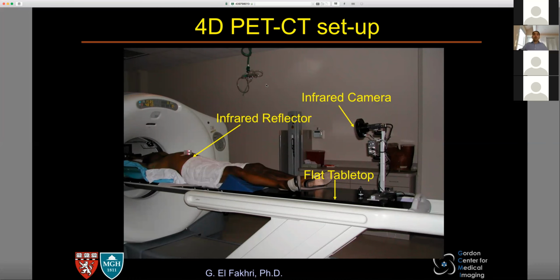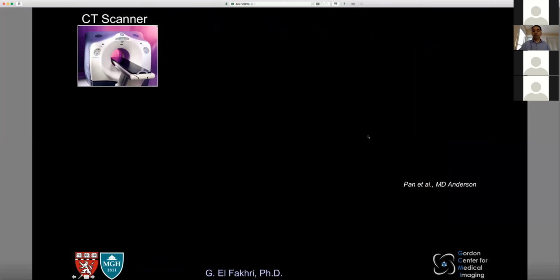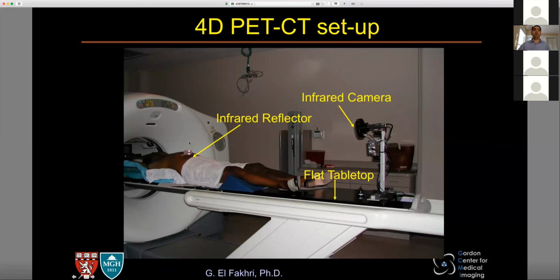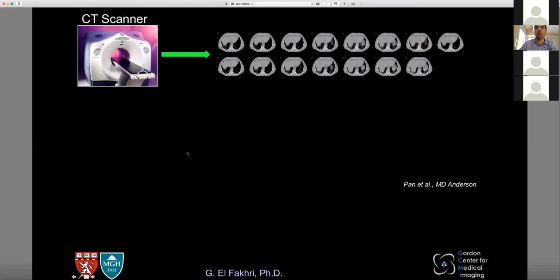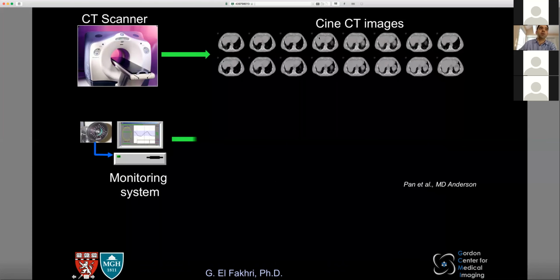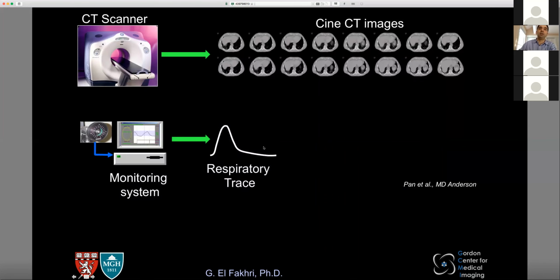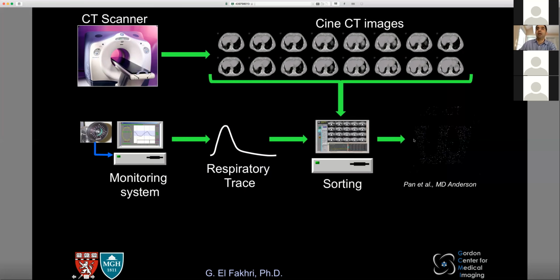How does that incorporate together? Well, what I would do is, in this case, we would have an infrared camera here with a reflector that's going up and down because the patient is breathing. So I can see where I am in terms of movement, and I'm acquiring CTs at every one of those moments. So I hope this will work. Here's the CTs that I've acquired. Here's the monitoring I had from my infrared. I bring those two together, and then I can have